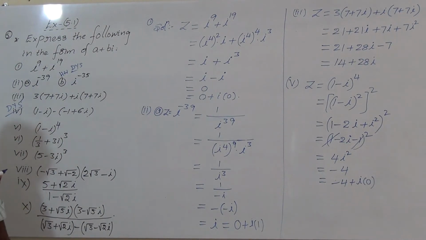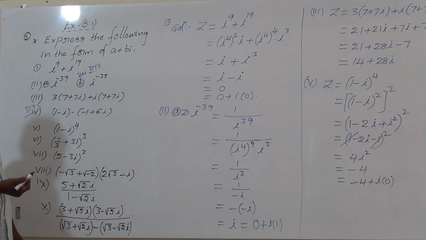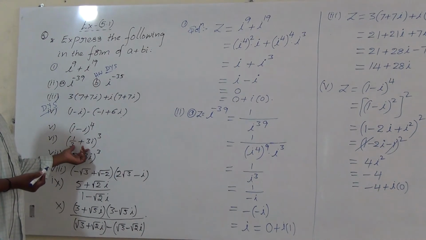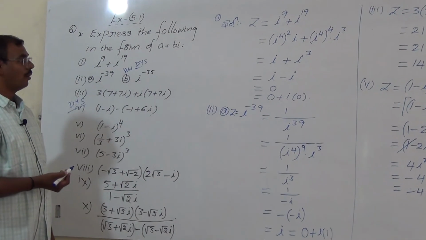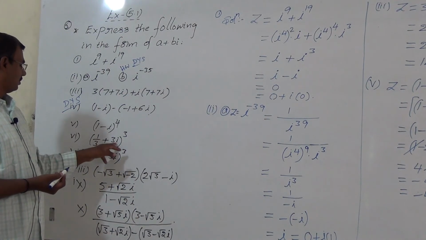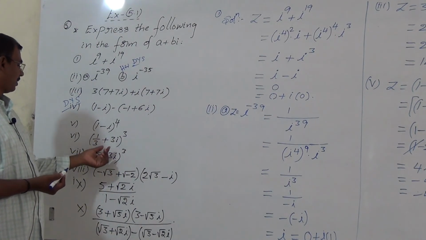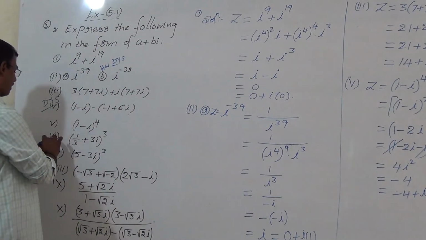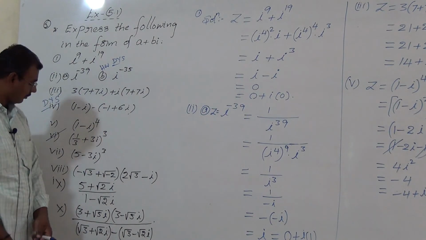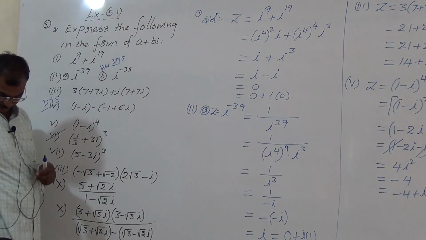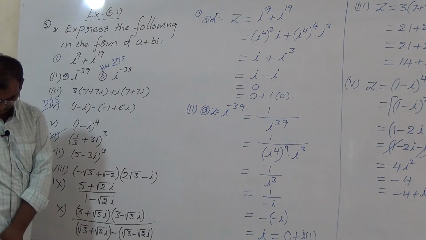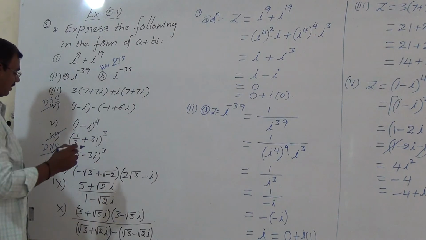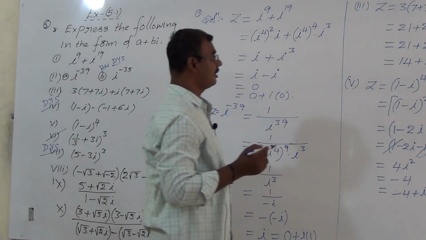Similarly, we calculate the sixth problem. We know, all of you, the (a minus b) whole cube formula. So I will give (a plus b) whole cube formula, (a minus b) whole cube formula. One question I will give that, the sixth problem. You do it here. Seventh problem, do it yourself. Homework this is. So I take the sixth question.